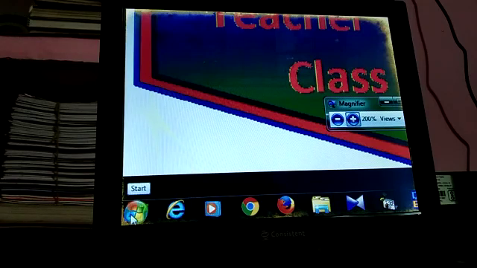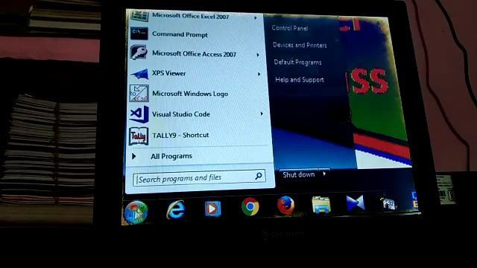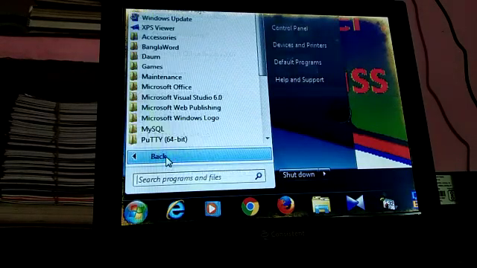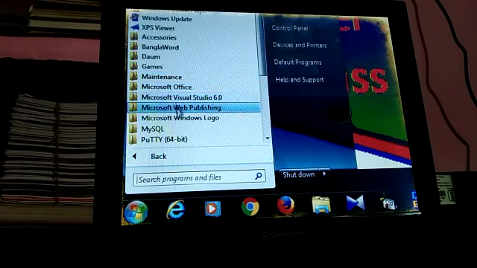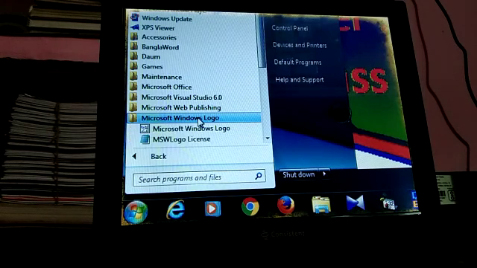So click on start button, then all programs, then Microsoft Windows logo. Look at here, it is the yellow color symbol, it is the folder symbol. So Microsoft Windows logo, then it is the icon. So click on Microsoft Windows logo icon.